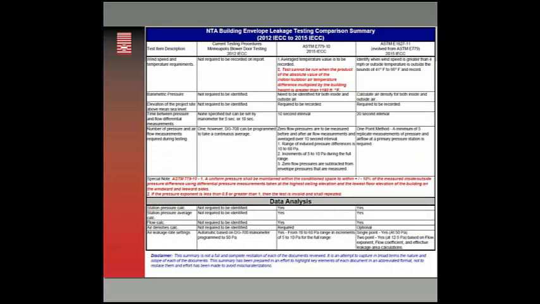Some of the other things, a little bit trickier, under 779, there's a requirement that says the test cannot be run when the product of the absolute value of the indoor and outdoor air temperature difference multiplied by the building height is greater than, looks like, 1,180 feet per degree. So on bitter cold days, you may not be able to test as per